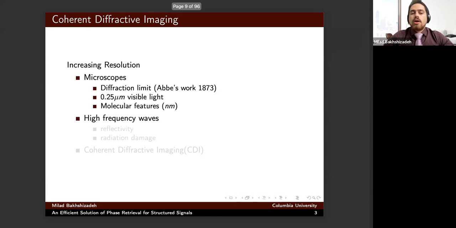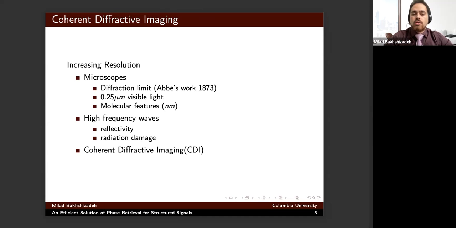We cannot use waves with higher frequencies either because of a couple of issues. First of all, reflectivity of such waves is so low and they are not suitable for systems which are based on reflection. Moreover, those high frequency waves have very high energy and they may destroy the object of interest before any image is captured. And to overcome these difficulties, one method that has been used for a long time is